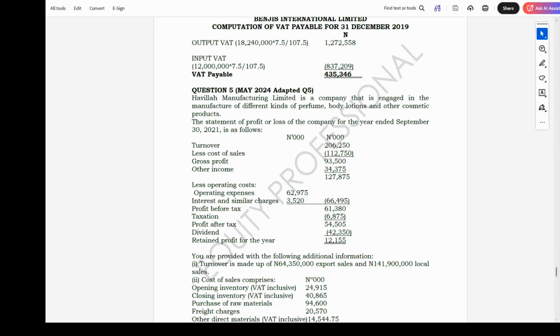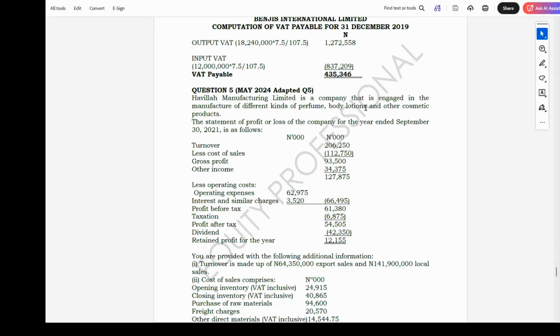So we also have another question, number 5. This was May 2024. This question involves inventory. So we also need to look at it, because when inventory is involved, you may also be asked to calculate value added tax. So we have Avila